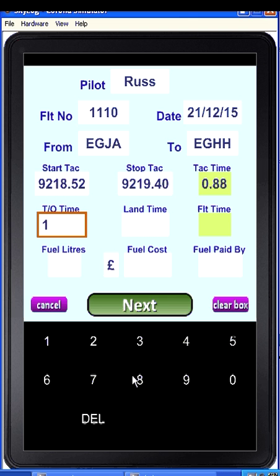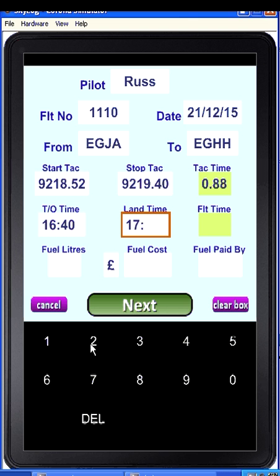So we can put that in. Incidentally, we couldn't put a silly time in here. We couldn't put 2640 in because it wouldn't allow us to do that. Press next. The land time was 1725. I'll just demonstrate we can't put a silly time in by pressing 7 or 8. You'll see that it won't actually even take the numbers. So we'll put in the right time, which was